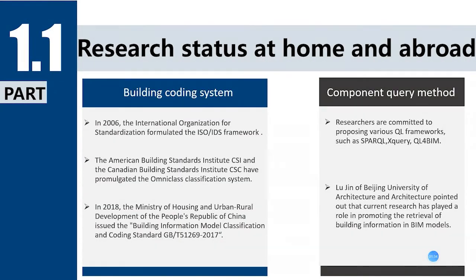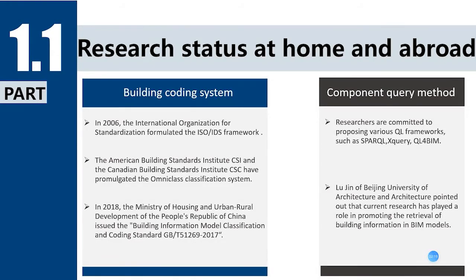International Organization for Standardization formulated the ISO IDS framework. The American Building Standards Institute (CSI) and the Canadian Building Standards Institute (CSC) have promulgated the OMI classification system. In 2018, the Ministry of Housing and Urban-Rural Development of the People's Republic of China issued the Building Information Model Classification and Coding Standard